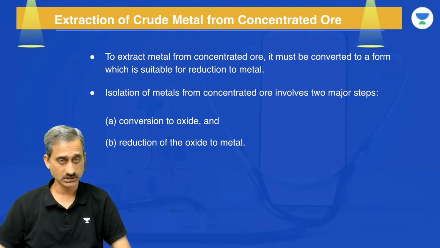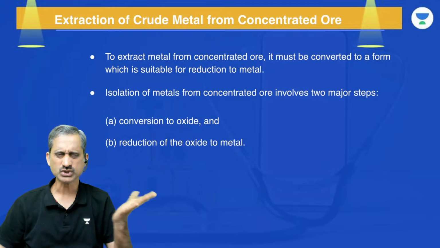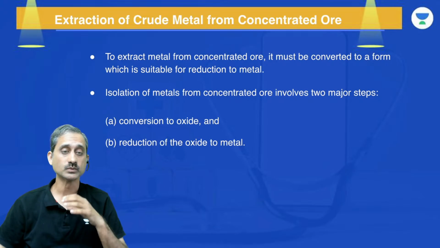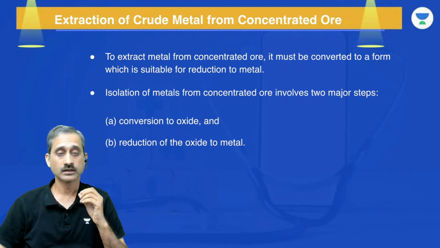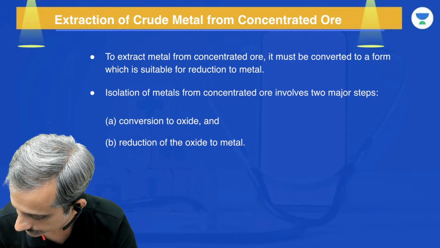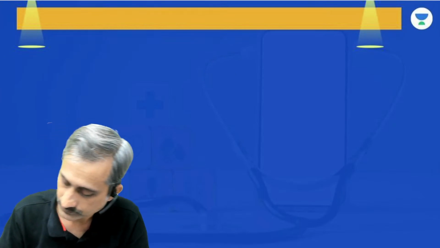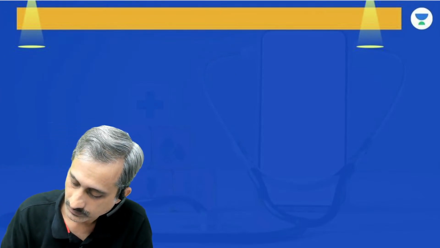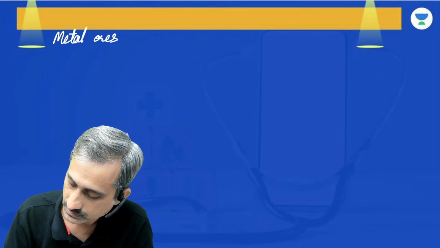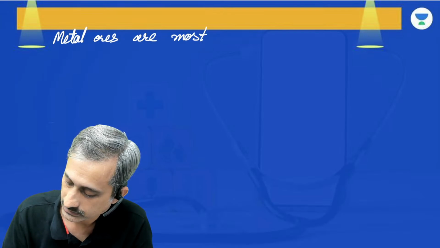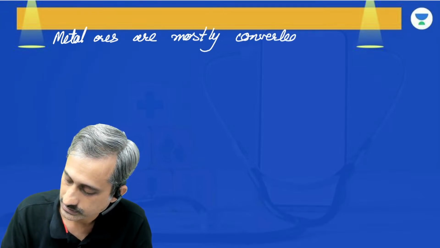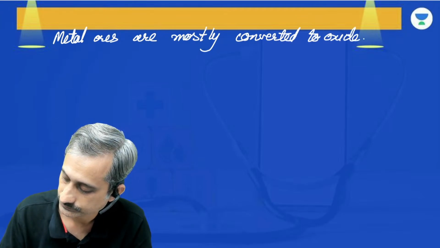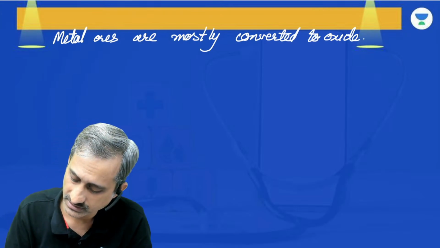Now, once we have converted the ore, we have extracted the ore, we have concentrated the ore. Now comes that we have to extract the metal from the concentrated ore. Now, many of the times, the metal ore is converted into oxide. The question is, why do we convert it into oxide? The simple reason is